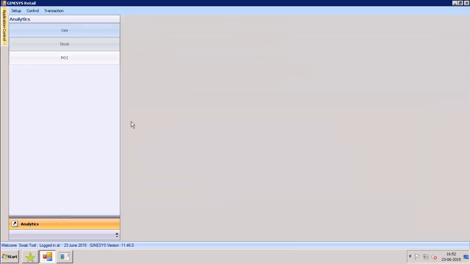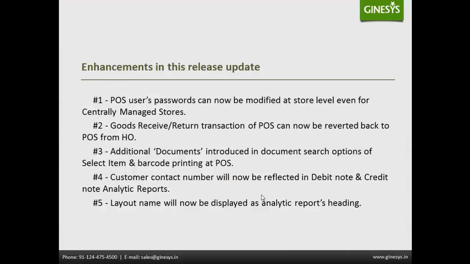Please note, in case settlement information has not yet been synced to HO and a GRC or GRT document has been reverted back to POS, the same will have no impact at POS and the document information will again be synced to HO. Third enhancement in this release update is additional documents introduced in document search option of select item